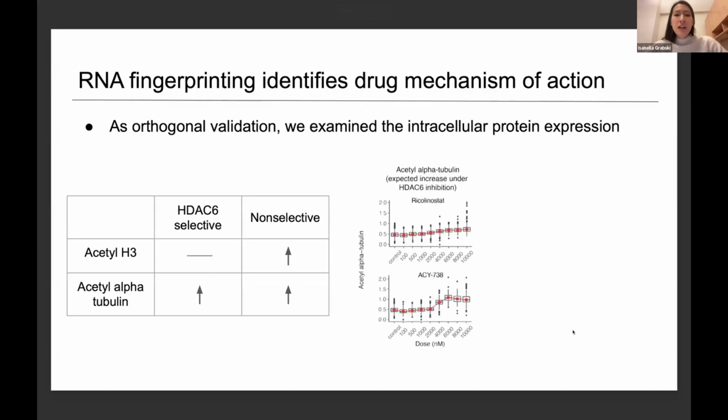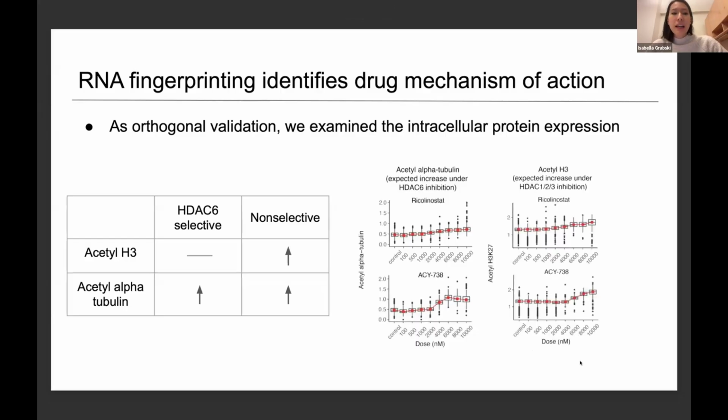If we first look at acetyl alpha tubulin under our two HDAC6 inhibitors, we see, as expected, an increase of this protein across doses. But we also see a very similar increase in acetyl H3 across doses of these drugs. This provides additional support beyond the transcriptional evidence that these two drugs act non-selectively across the HDAC family, highlighting the utility of RNA fingerprinting in identifying drug mechanism of action.